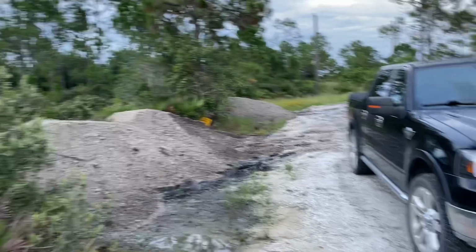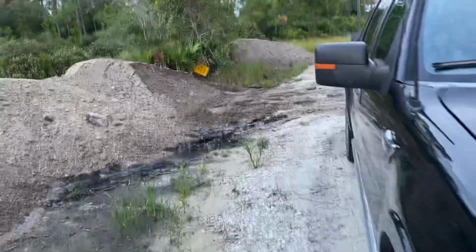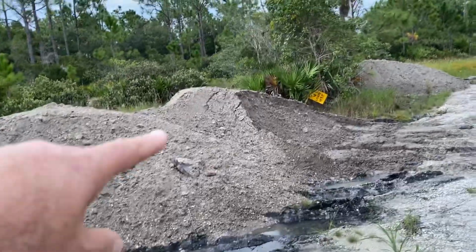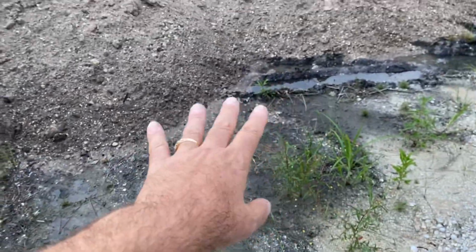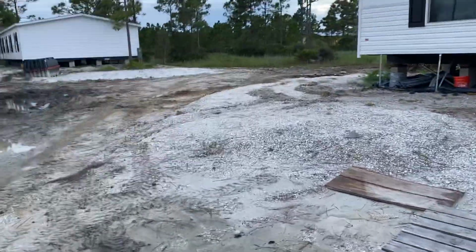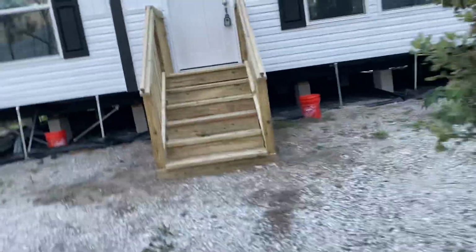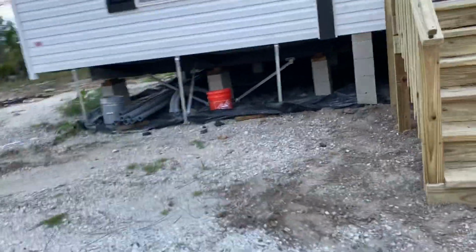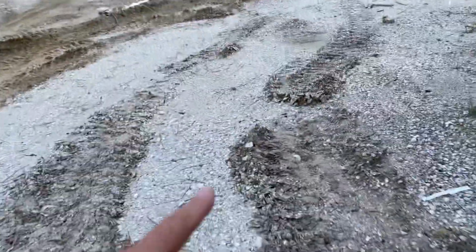At first, I thought somebody was stealing our fill dirt because I saw what looked like off-road tires coming out of here, and I had 1, 2, 3, 4 loads delivered, and then 2 loads delivered over there because this was a little low-lying area here and water was piling up. So somebody took a fresh scoop out of there. And guys in this neighborhood, they have tractors and bobcats and front end loaders and stuff like that. So I was thinking they stole some dirt, but as it is, it looks like with these fresh tracks here,